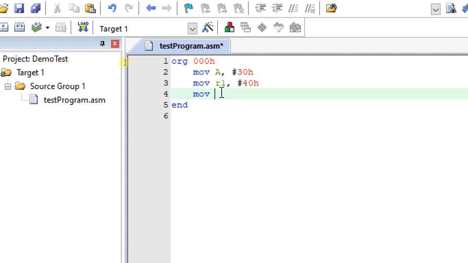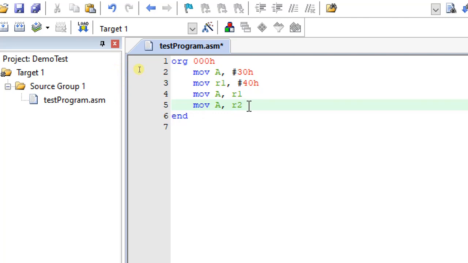Some add instructions for register addressing mode. I'll write MOV A, R1. Again I'll write MOV A, R2.